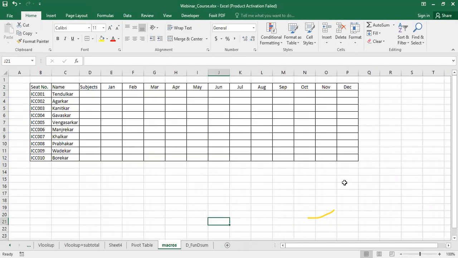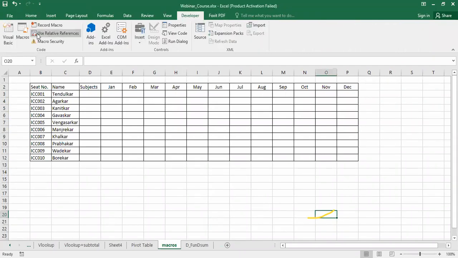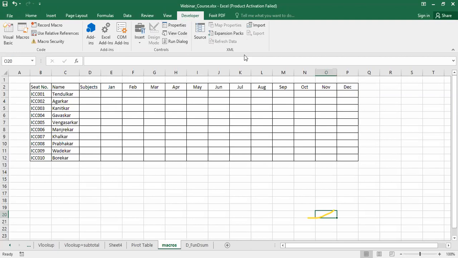Okay, now macros is again one of the very powerful applications of the Excel. See, this macros is available in the developer tab, but when you open the Excel, it may happen that you will not find this developer tab in your Excel.